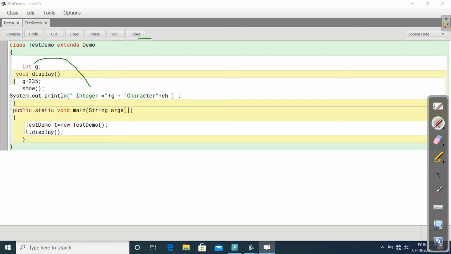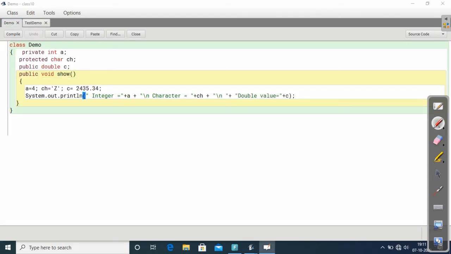That show method we are accessing here, and we need to print the integer value of this class. This class means which class? Integer G belongs to the test demo class. That value we initialized, this one we need to get. And just for checking the values, I have given character ch here.